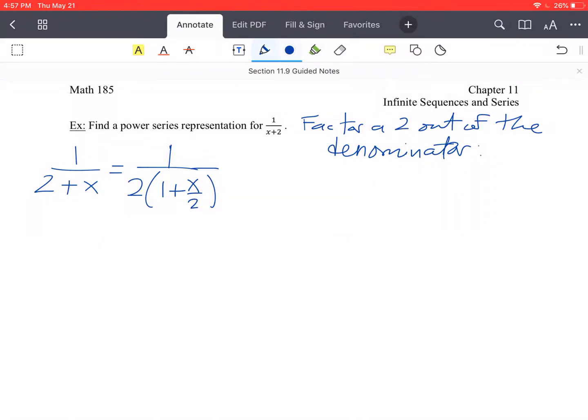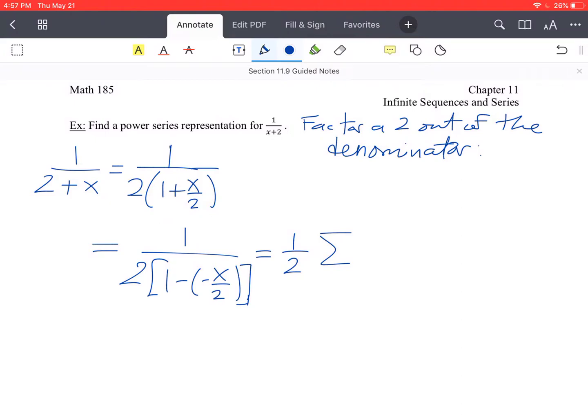So this we can go ahead and rewrite. So 1 over 2 times 1 minus negative x over 2. Okay, so this now has the proper form. So let's get the 1/2 out of there. And if you just for a second ignore the 1/2, that has our geometric form that we need. So sum from 0 to infinity of negative x over 2 to the n,